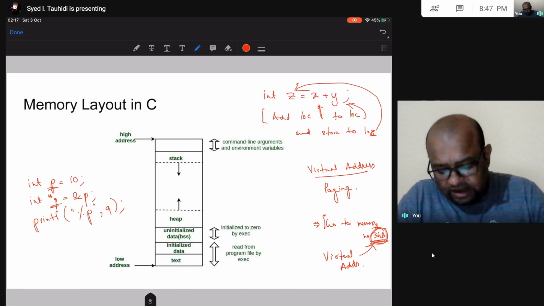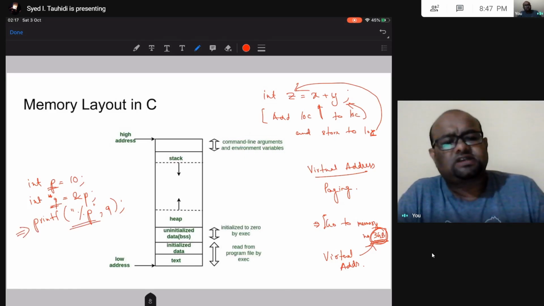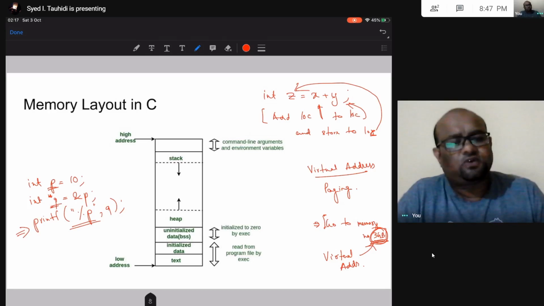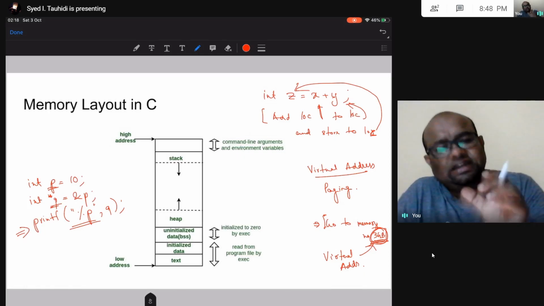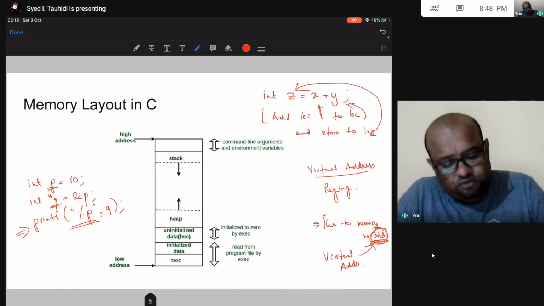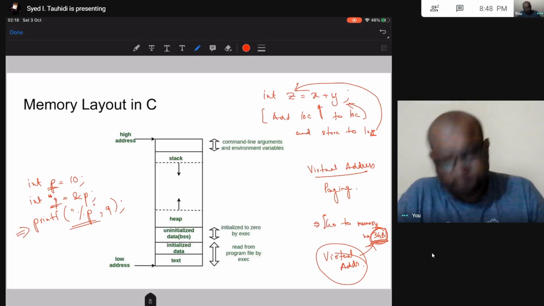So when I execute this printf percentage p of some address, this printf is of course going to print something to our standard output, into our terminal. So this address that is going to be printed is going to be a virtual address, right? It is not going to be a physical address.